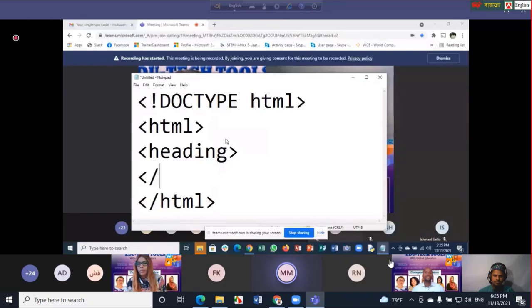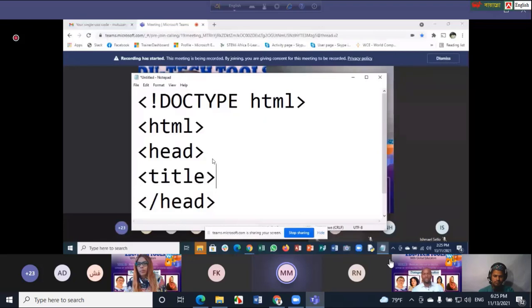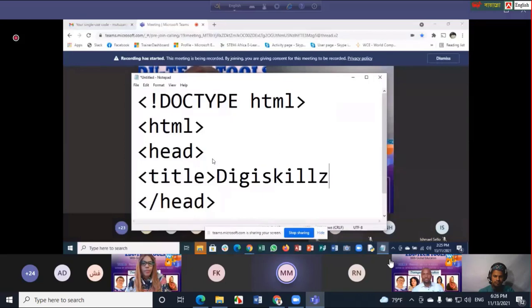Mind the way you type for HTML; it doesn't matter, you can use uppercase or lowercase. So in this case, you say head. Now within head, I have to create the title. The title is what you see for the saved document in the browser. For example, I will say, let me start with a capital, DG Skills. Don't worry about that. Then I'll close the title.